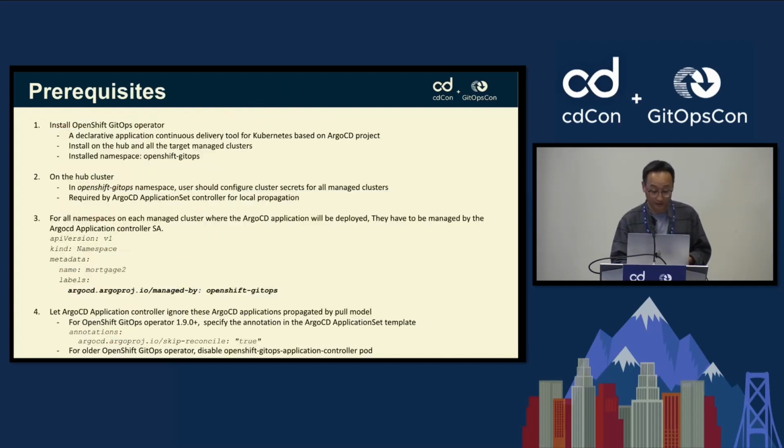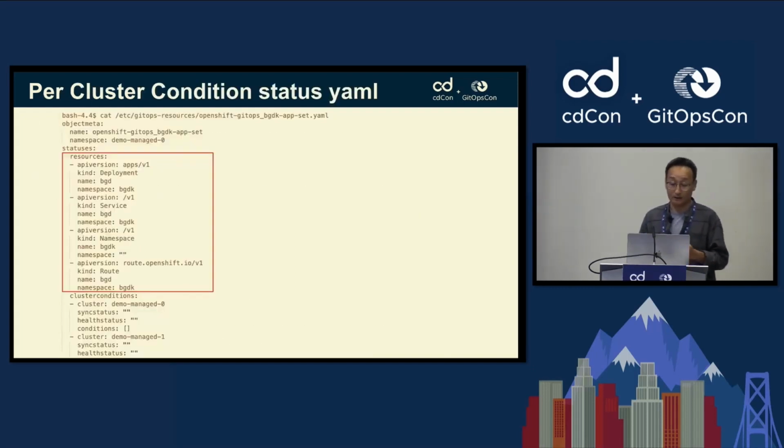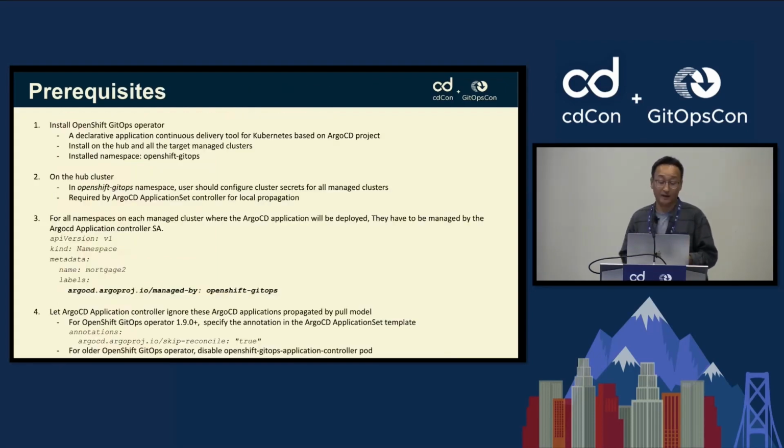Okay, so I think those are some of the instructions for this architecture overview. Now let's talk about some prerequisites to be able to use this pull model. We actually have 4 prerequisites, but I just want to say that almost all of them are required by ArgoCD. So in order to use the pull model, we have to follow the ArgoCD way to set up